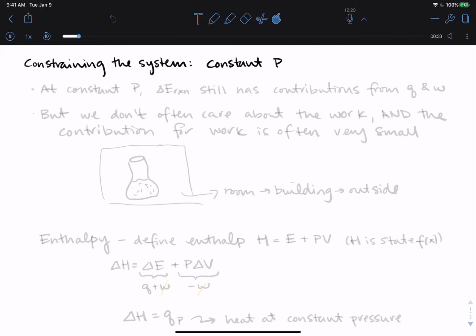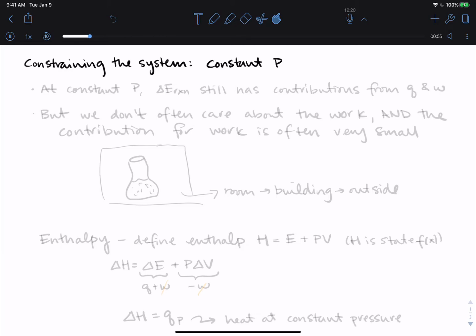this is a constant pressure situation. Constant volume, which we did in the last video, makes our math directly really easy, but in terms of the setup, we need some complicated things to make sure that the volume of our reaction doesn't change. So when we do things at constant pressure,